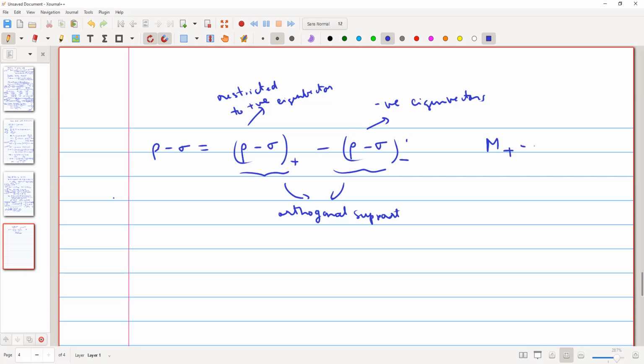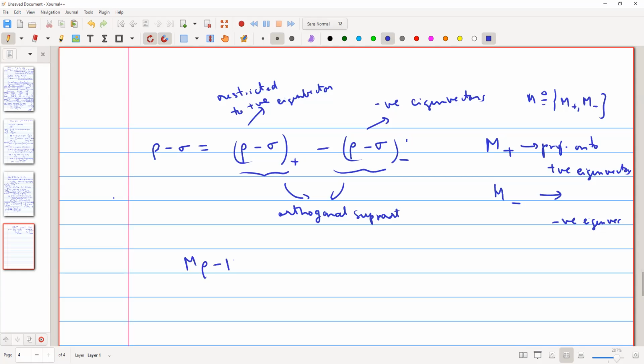So now M plus is the projection onto positive eigenvectors. And M minus is the corresponding projection onto negative eigenvectors. Okay. So my measurement operator is M plus, M minus, just a two outcome measurement. Okay. And now if I look at